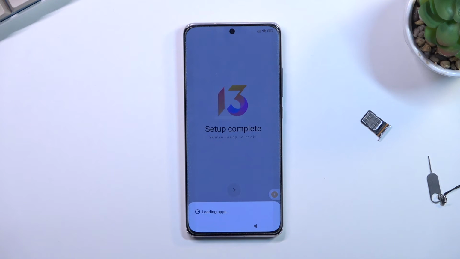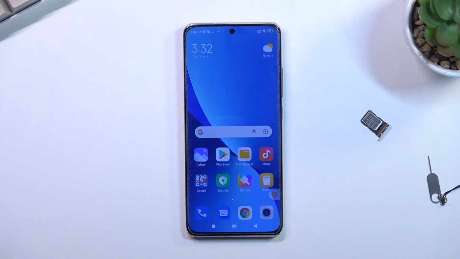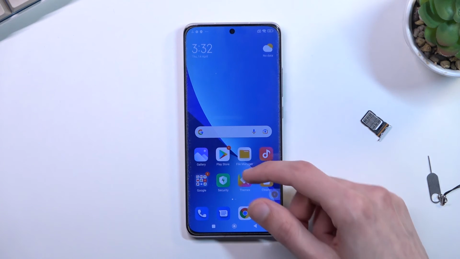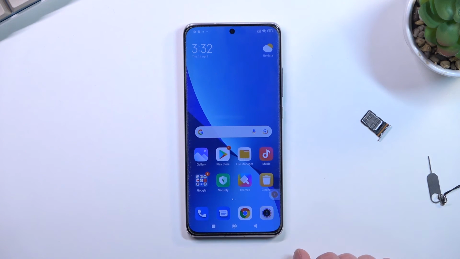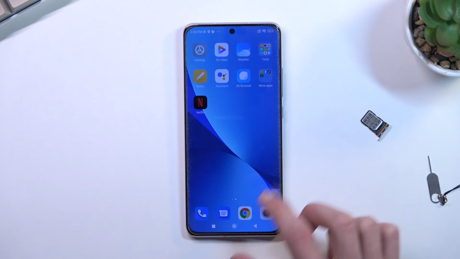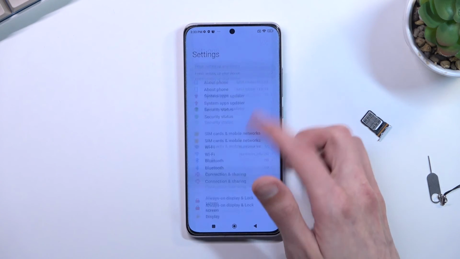Once you have access to the home screen, you'll want to navigate into the settings, and from settings, perform a factory reset of the device. The reason for the factory reset, even though you have already access to your home screen, is that the device is actually still locked. So right now, we don't really have full control of the device, but performing a factory reset of the device through settings will remove the previous verification method, so the pattern that I had and the Google account. So let's find our settings right here, scroll down to